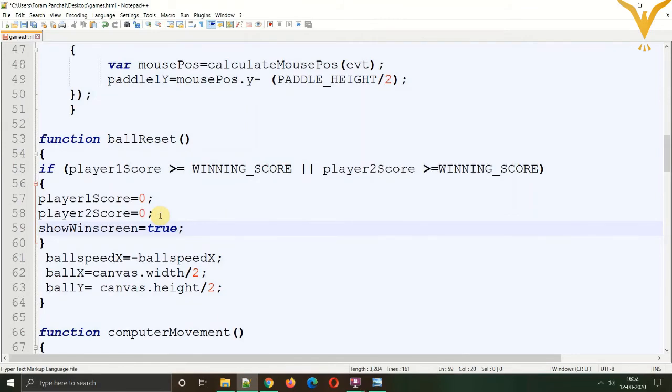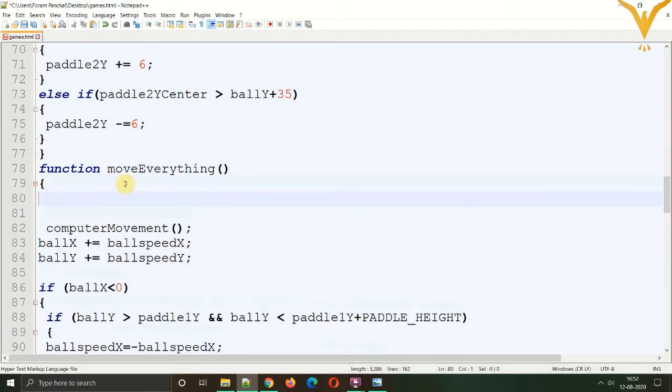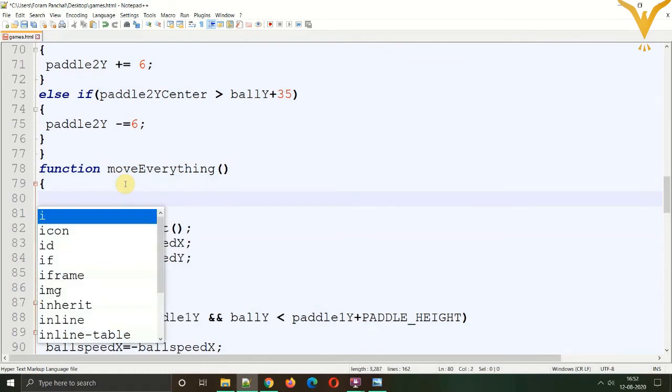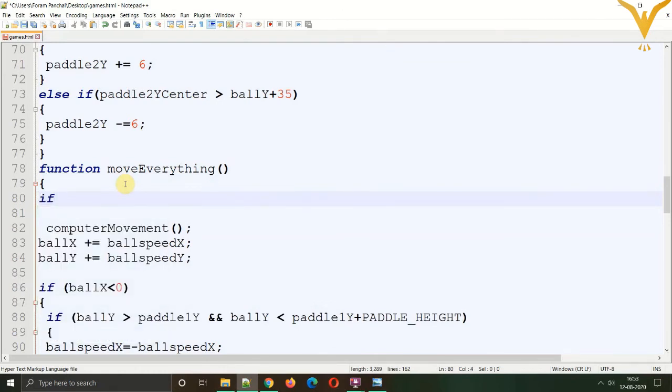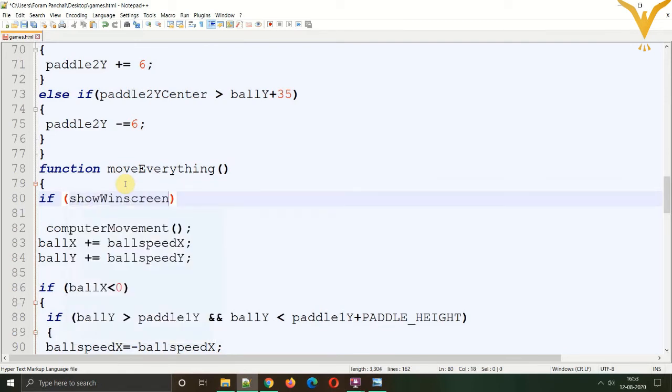And semicolons. Now inside the move everything function, we'll put a condition checking if show win screen. This basically means if show win screen is true.